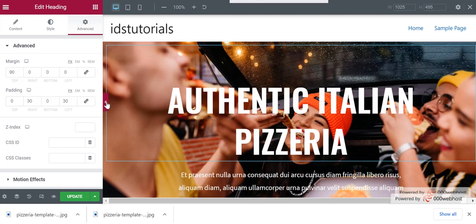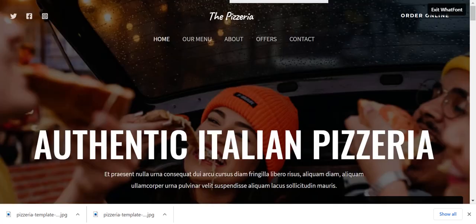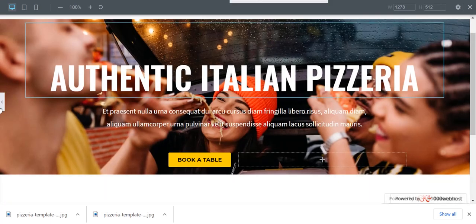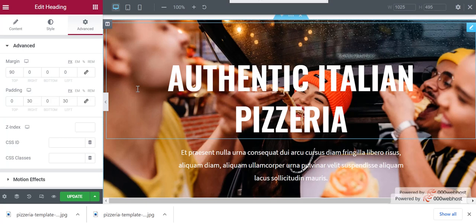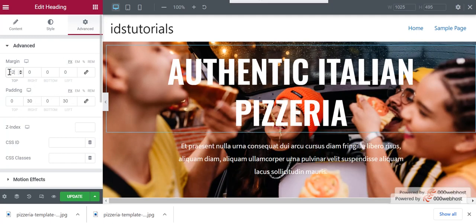For example, let me show you. Okay, so this is what it is. So I will suggest that when you want this type of thing, you can proceed either by margin or by padding. You can make it by any of the above.